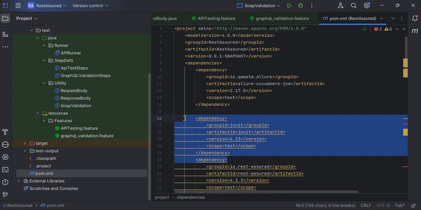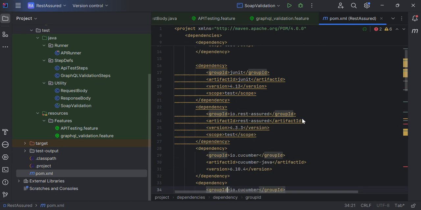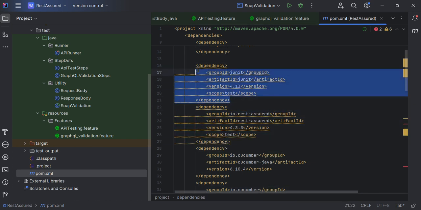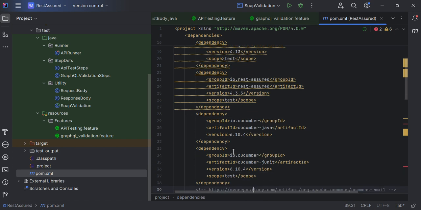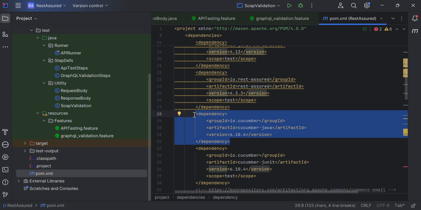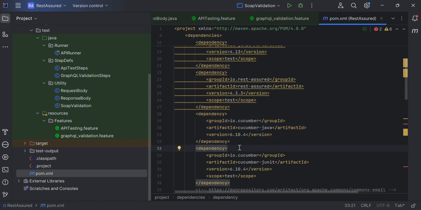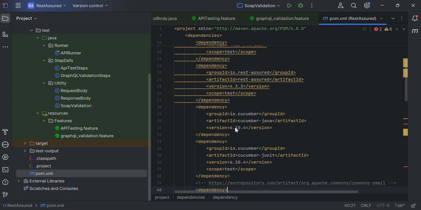This is the JUnit dependency, JUnit, and as I mentioned, we are going with Rest Assured. Rest Assured is one kind of API framework, and this is for the JUnit framework. We are creating both. Rest Assured API testing is one kind of method, or one kind of architecture, to design and test APIs. Then we have Cucumber Java. For Cucumber, definitely we need the dependencies Cucumber plus JUnit. So this dependency is also required once we start using it.